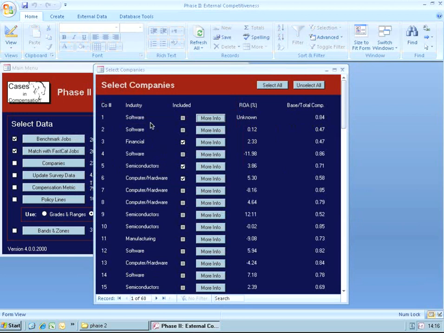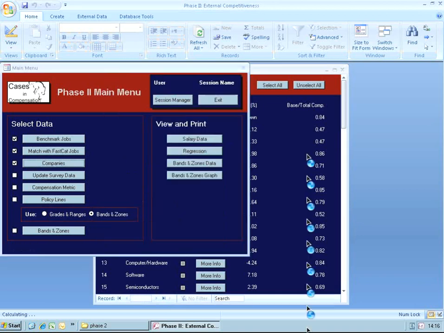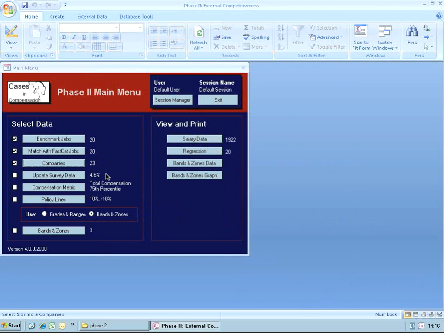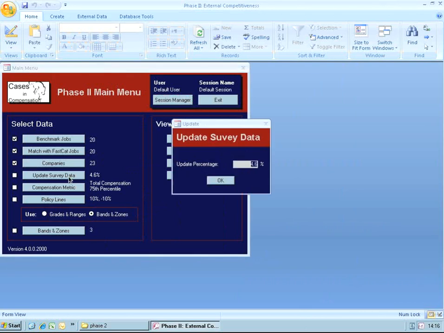So we've got quite a lot of information that we can make use of in order to decide whether or not to include a company in our comparison. And when we decide to do it, we simply click the box, and if we decide not to, we leave it blank. So once we've decided which companies to include, we also need to decide about updating the